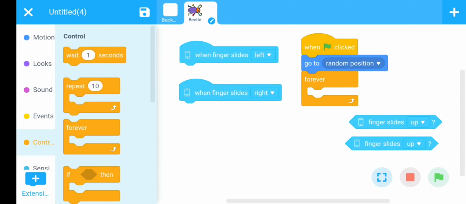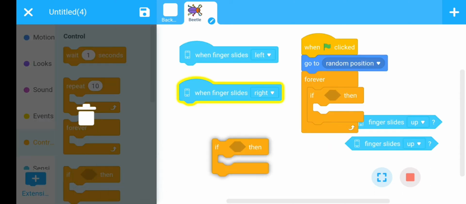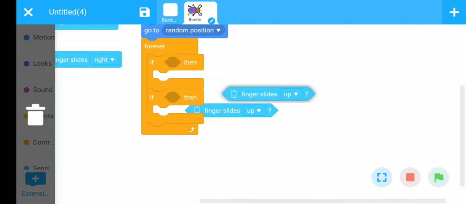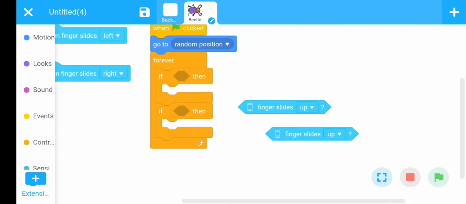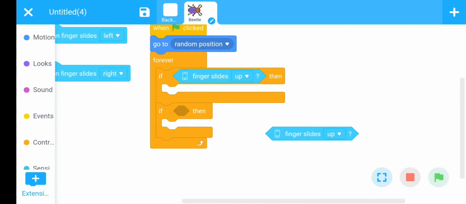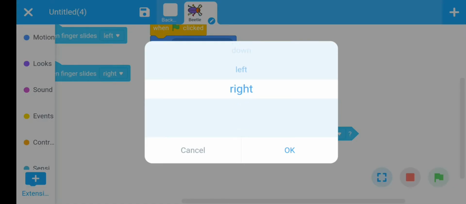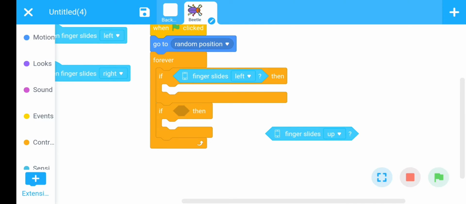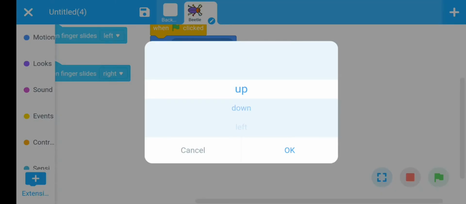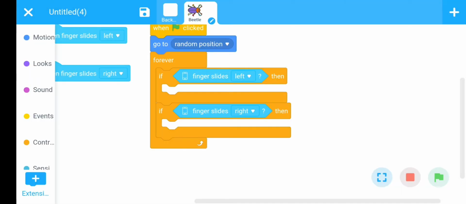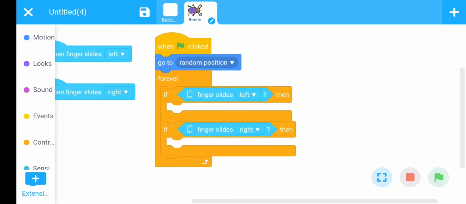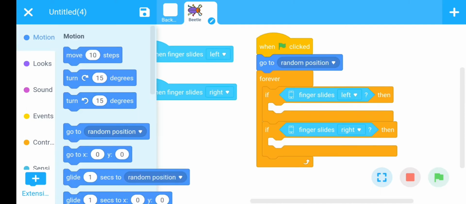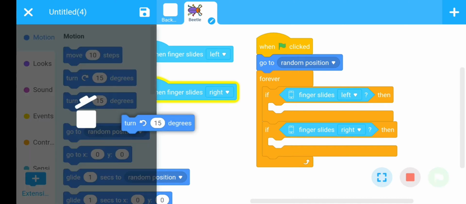Now go to the control section, use the if then loop here. This one for left and this one for right. Now we want our Beetle to move in the left direction. There is a command, turn left and turn right.